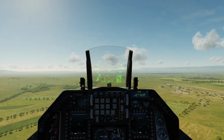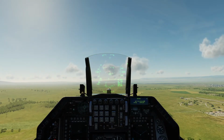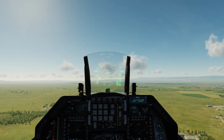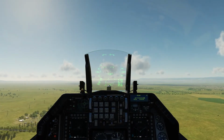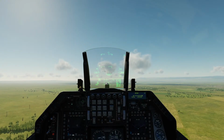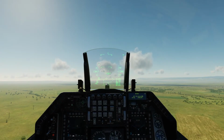Alright, bring the nose up so we don't get past our altitude. 1,500 feet HEL. It's about 3,000 feet MSL at Vaziani. And get to on speed, which would be the flight path marker to the top of the AOA staple. Right there. That's on speed AOA for the approach. When you flare, you're bringing that flight path marker down to the middle of the staple. If you're looking at the staple,